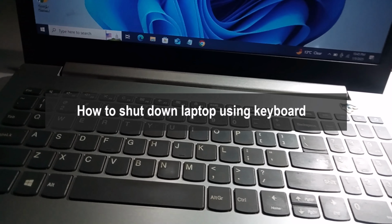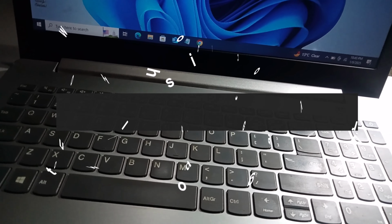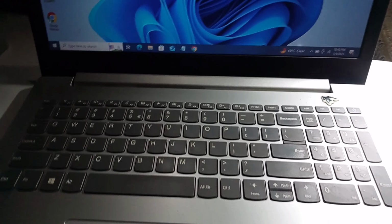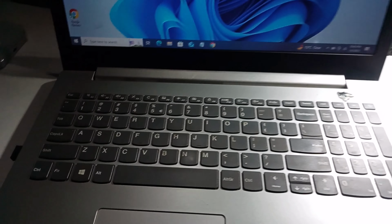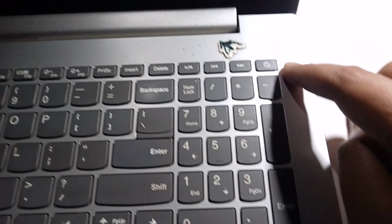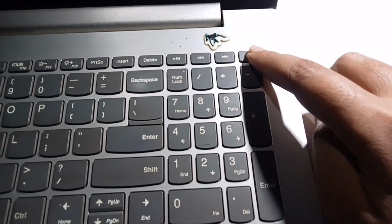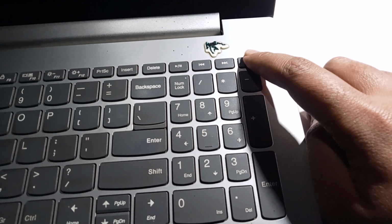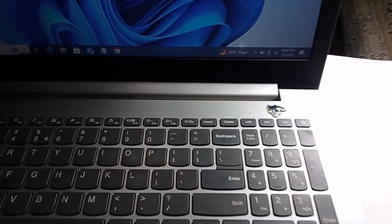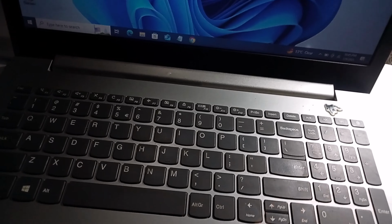Hello everyone, today I will show you how to shut down my laptop using keyboard. So this is my laptop and I provide two methods. In the first method, I'm showing you the power option. Long press my power button for 5 seconds, then it automatically shuts down. And the second method,